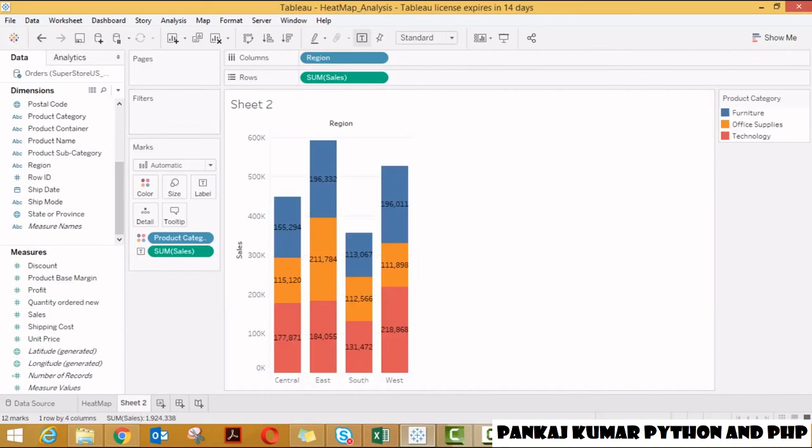As I told you, we are able to filter out the data using a particular category. Here we have imported the product category. Now let us import the product subcategories into the filter.